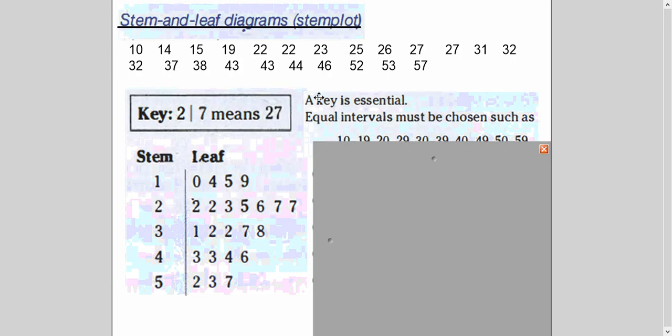I have examples here where I have taken 2 digits also in the stem. However, in the leaf, you will always have 1 digit. You see, there is no comma in between. So please be careful about all this important information. And how did we decide the data interval? If you see here, the smallest value is 10 and the largest value is 57. So seeing the data, we are dividing it so that the data will be from 10 to 19, 20 to 29, 30 to 39, and so on.